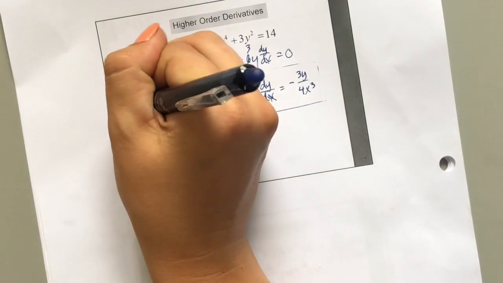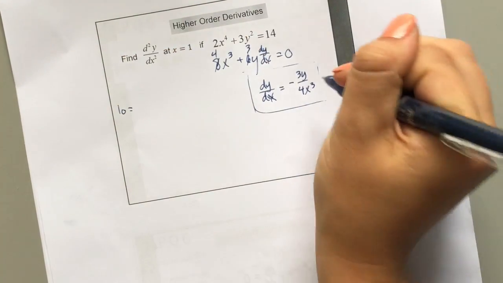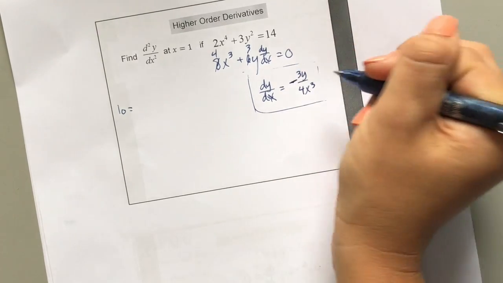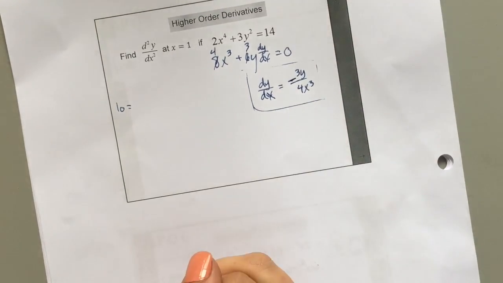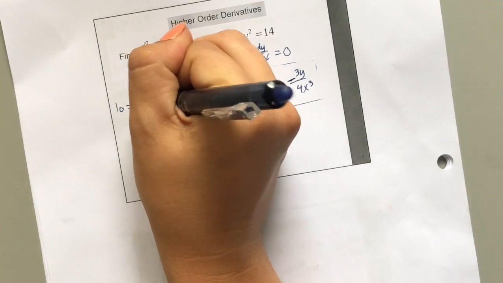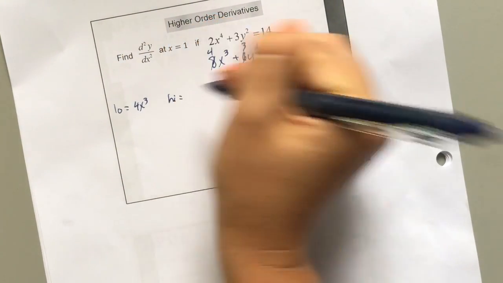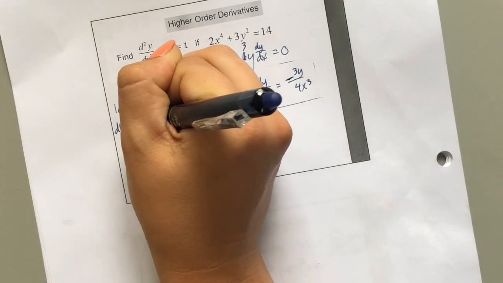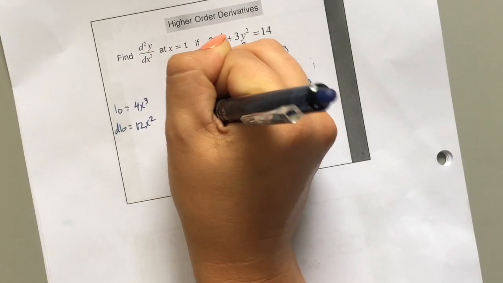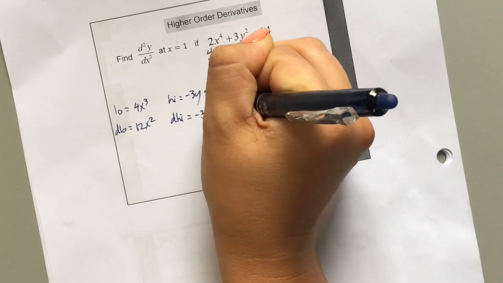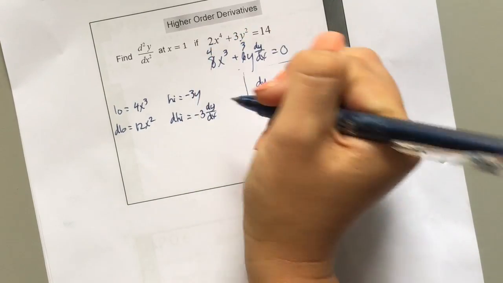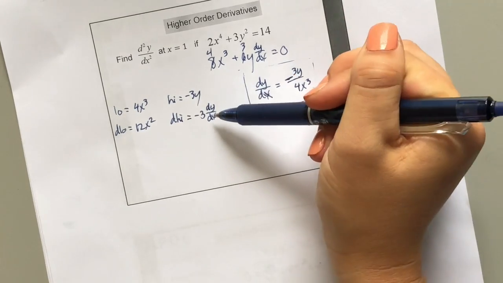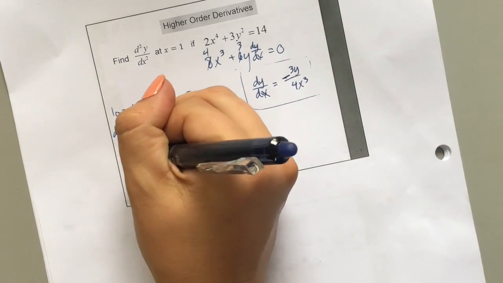So I'm going to do low. So I need to assign the negative to something. I'm going to assign the negative to the top, I guess. So low is 4x cubed. High is negative 3y. Okay. So this is the derivative of this. It's just like negative 3, and the derivative of y is dy dx. So my second derivative,